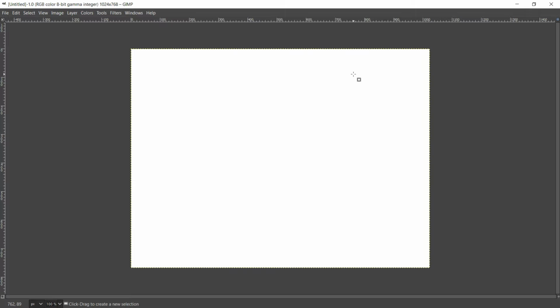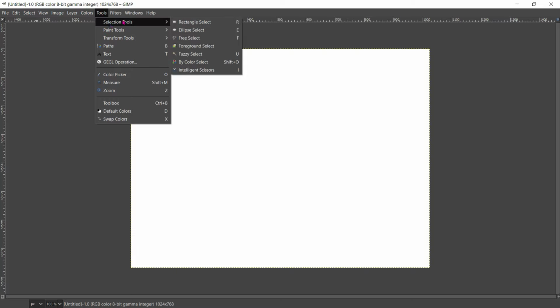In this tutorial, we will see how many tools are available in GIMP. We will not see the use, we will see just the tools, how many tools and what kind of tools are available. In coming tutorials, we will see how to apply them. So let's start here in the tool section.